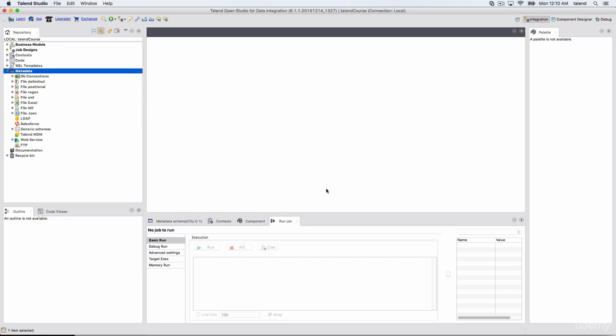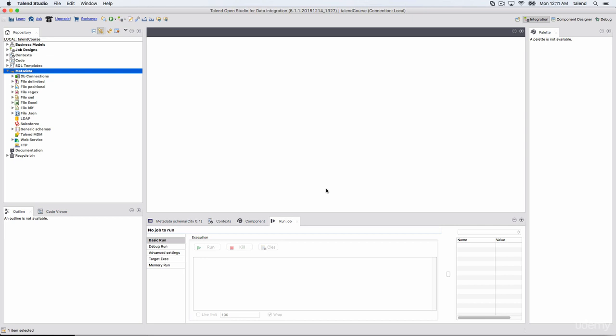Context variables, before going into context variables, let's see what variables are. Variables are nothing but values which change throughout the execution of a program. For example, a variable can have a value of 5 at the beginning of the program. In the middle, you might assign a different value, or you might change that value to something else. So by the end of the program, you might have a different value for the same variable a.